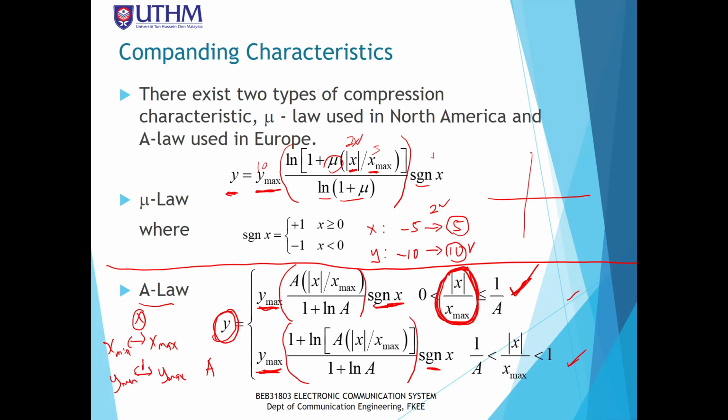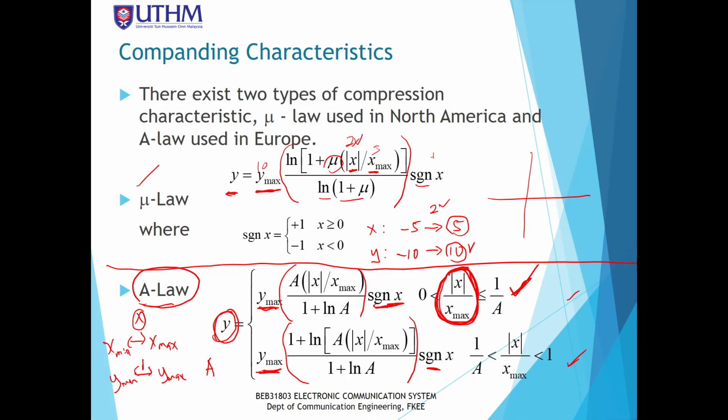So we have asked these kinds of questions maybe once or twice in previous semesters, okay. Previous semester we asked about mu law, and for this semester we're going to ask about A law. So I suggest you do a lot of revision regarding the A law examples for this semester's final exam, okay. Remember, x is the input signal, the analog input signal. Y is the range of quantized level,